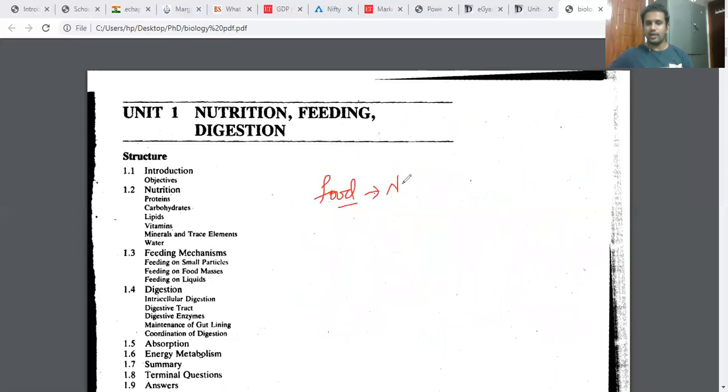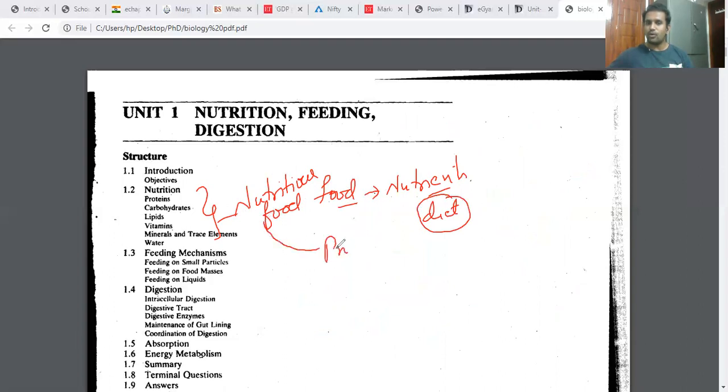whatever food we take, it should have nutrients in it. When you want nutrients, you should have all of these. These are called nutrients. Then if your food has these nutrients, you call it nutritious food. What do you call it? Nutritious food. Diet is nothing but when you take these nutrients in proper standard quantity, which is required by our body, that much we have to take.